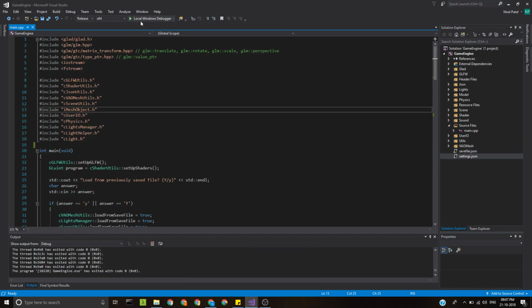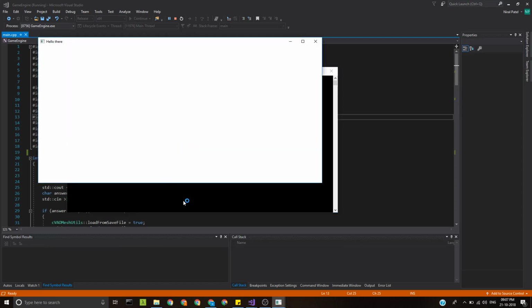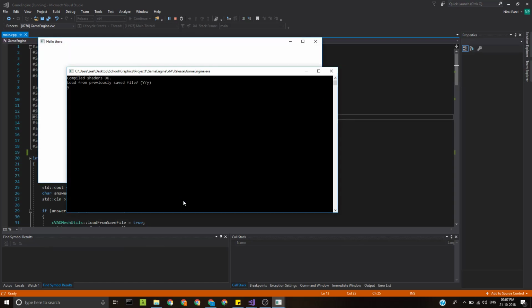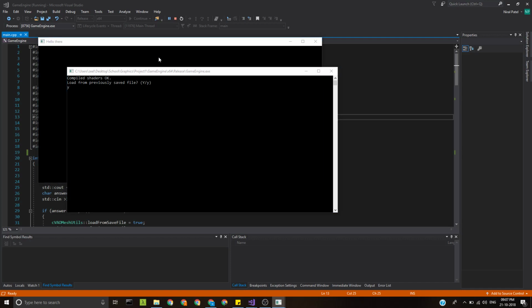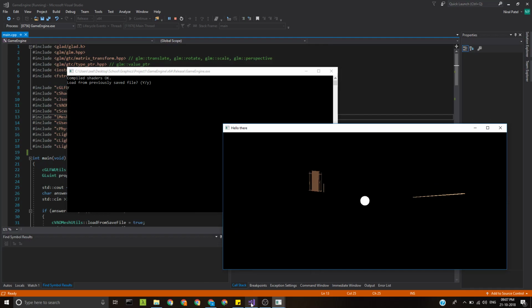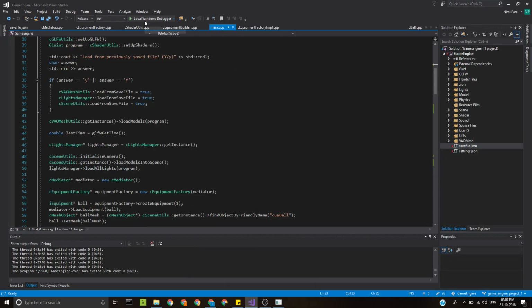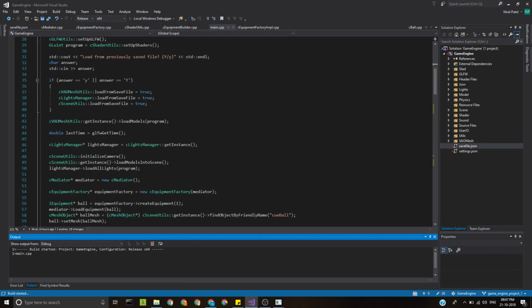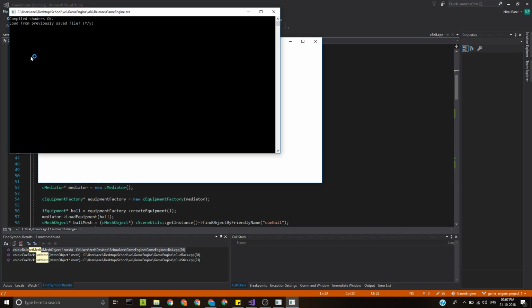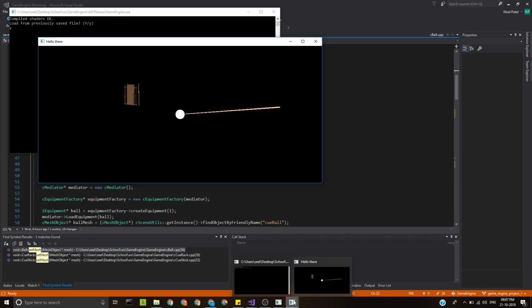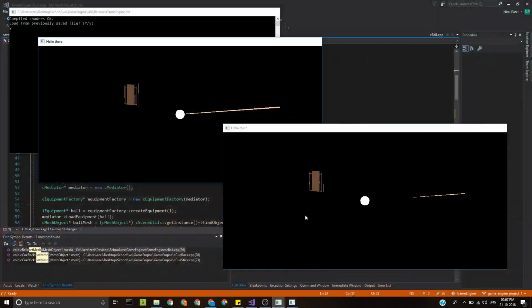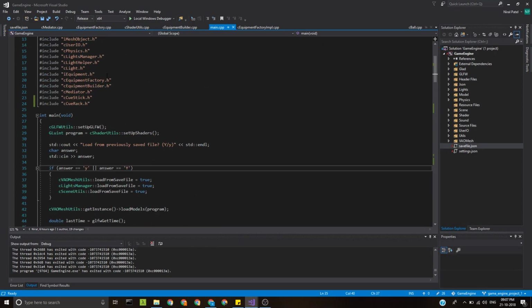Let's run those outputs. This is the code before. This is the code after. So the output is the same, but what I gained in terms of performance or in terms of code quality is that